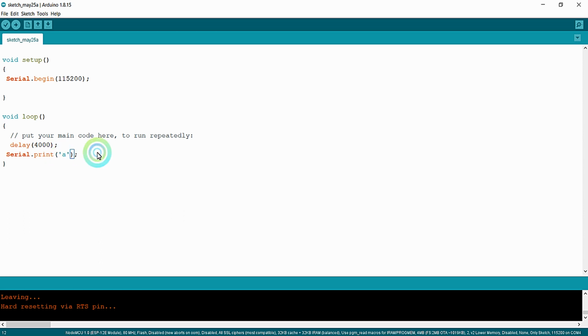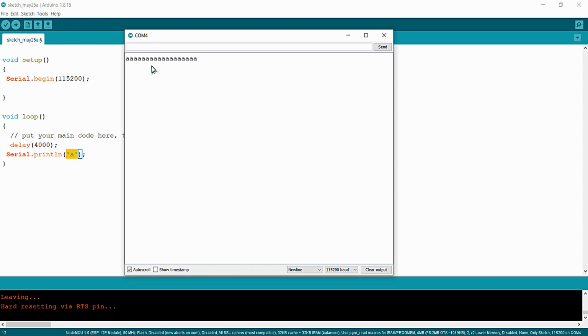There is another method called println, which is useful for printing data, and after printing that data, what println does is that it gives an enter at the end, that is, the carriage return is written at the end. So the A is being printed on the same line, and if I print this with println, the A will be printed on the next lines. So let us test that.